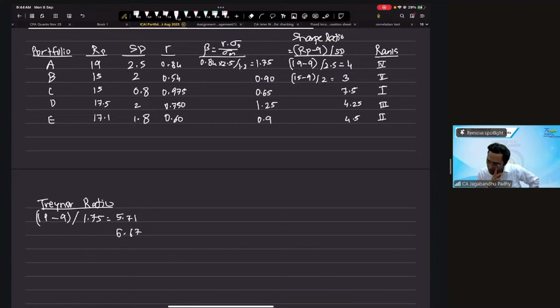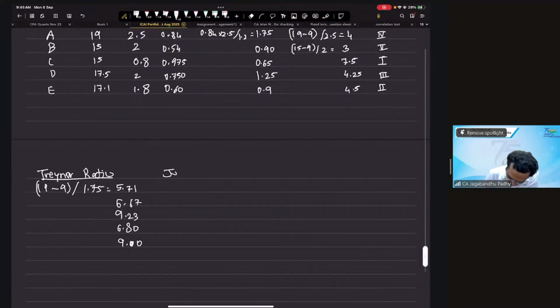Then next one, 9.23. Okay. Fourth one is 6.8. Okay. The last one is 9. That's the Treynor ratio. Then we have